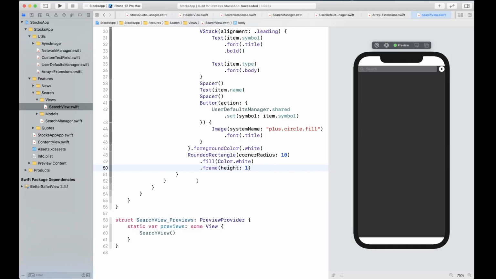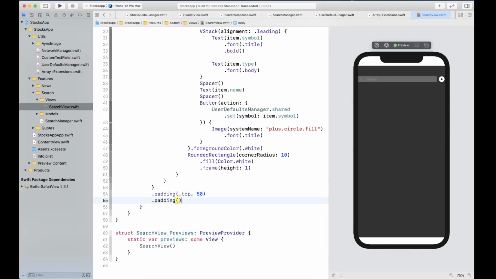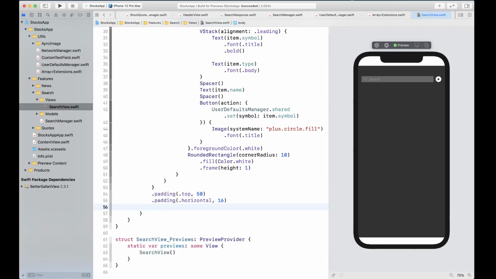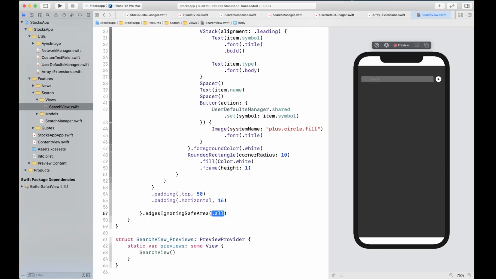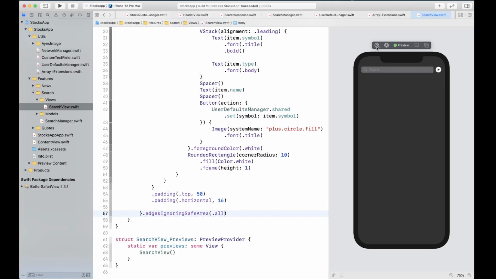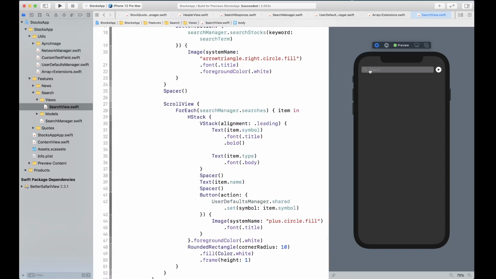All right. Let's go ahead and give this some padding at the top, maybe about 50 points, and padding in the horizontal direction for about 16 points. And we also want to set edges, ignoring safe area for all, to cover the full screen. Okay, so let me go ahead and hit play, and let's type maybe